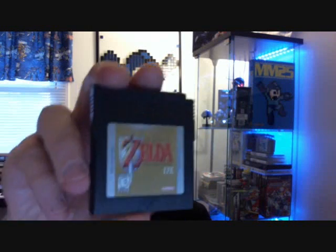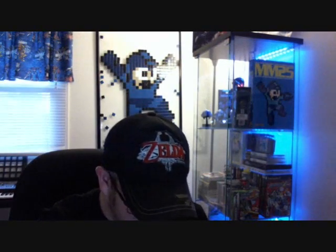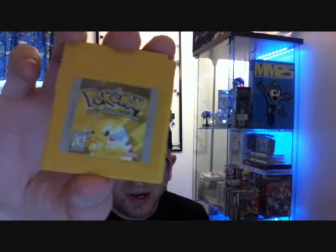But we'll start with probably the least favorite one, which is SpongeBob SquarePants. This was nice to see. Zelda: Link's Awakening. And then all the Pokemon games. We got Pokemon Red, Pokemon Blue, Pokemon Yellow, Pokemon Gold, and Pokemon Silver, which the bad part about it is they all have good save batteries except these